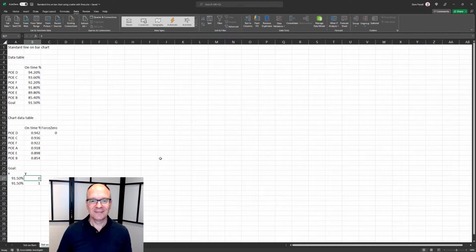Now we can start creating the chart now that we've got the data table set up. I'm just going to show you why the force 0 is needed. I'm going to select my data for the bar chart. And if I only select the data for the bars, not the data for the force 0, and then go